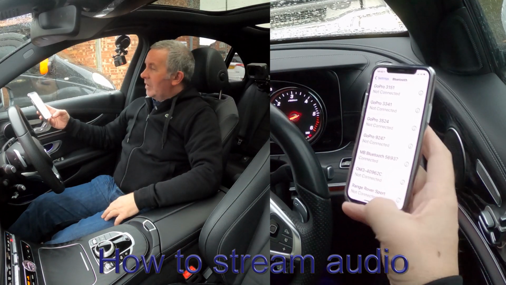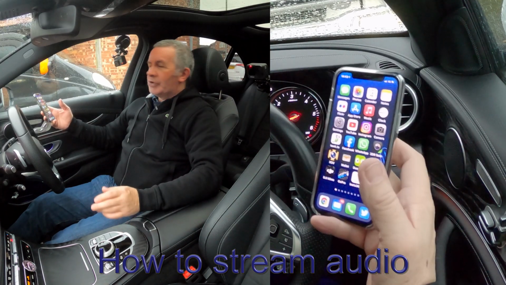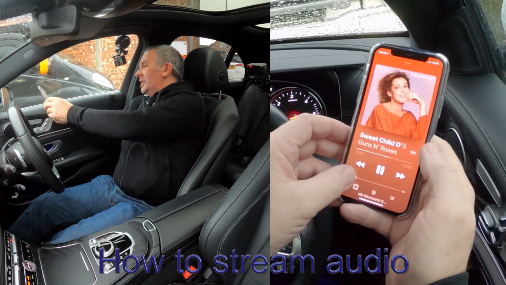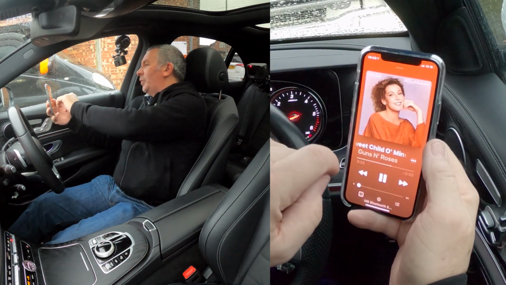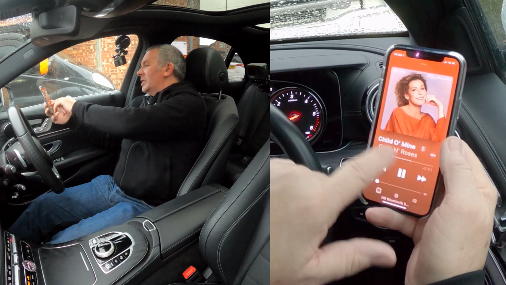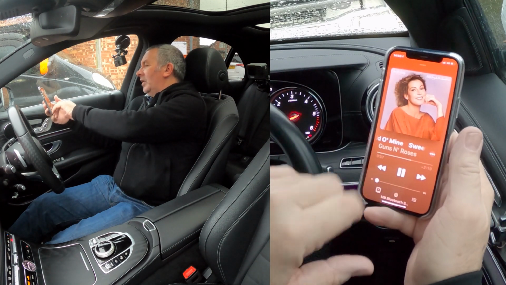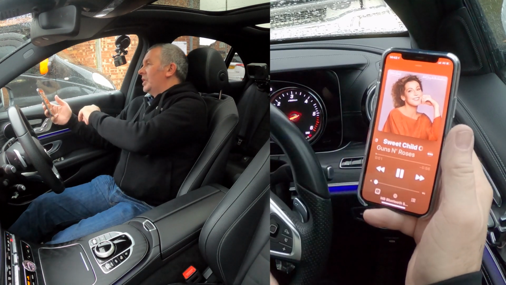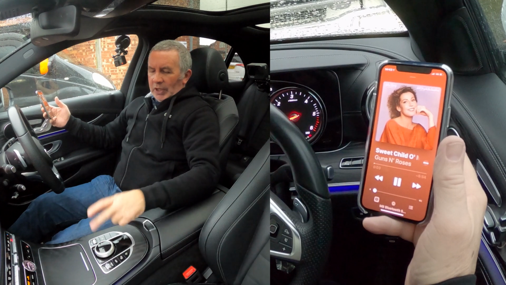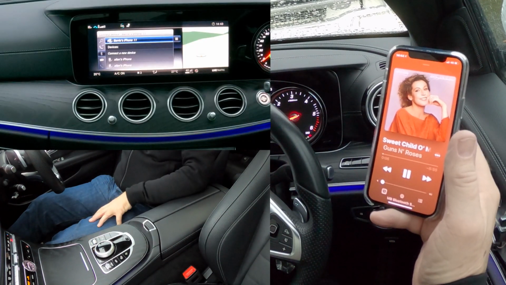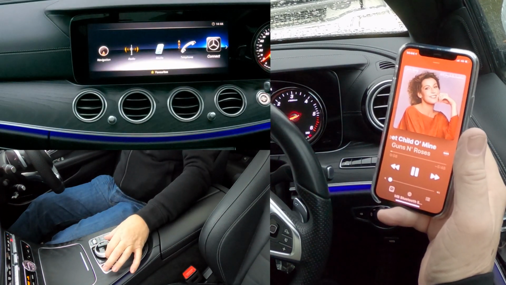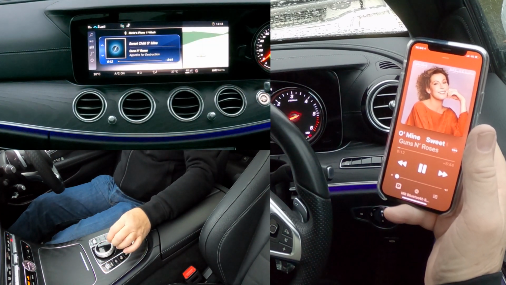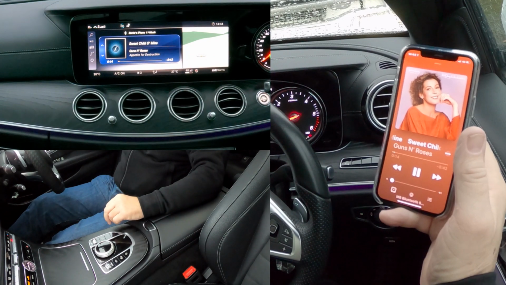Another great thing with this system is audio streaming. So if I go to my music, it's turned down there, even though it's got a picture of, I think that's Helen Reddy. Sweet Child of Mine is playing on the, just put it back to the beginning. Sweet Child of Mine is playing. So now we go across again, we click home, and then from the home button using the rotary control, we go to media,